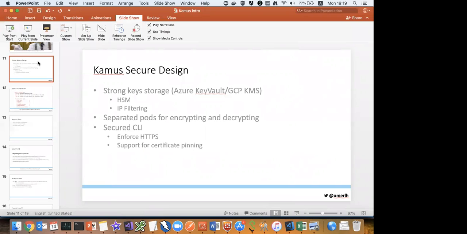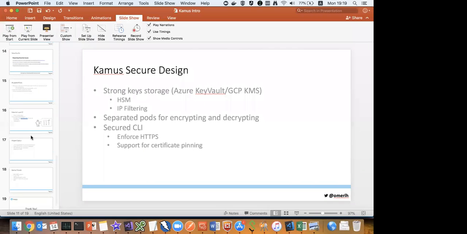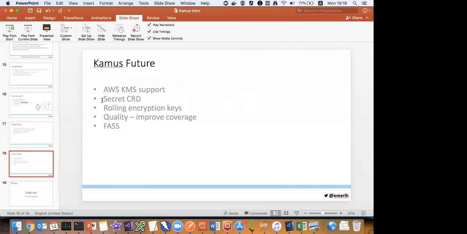Why not use a CRD instead of a config map for the representation of the secrets? This is a great question. We actually have an issue to build a CRD that will create a secret from a config map or something else. We just didn't have time to write a CRD because we don't have that experience with Kubernetes. So we want to do it. We just didn't have time.